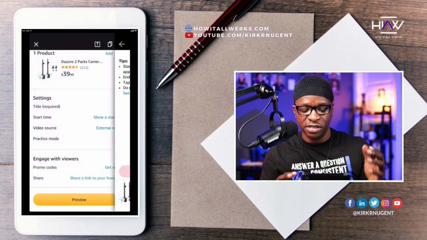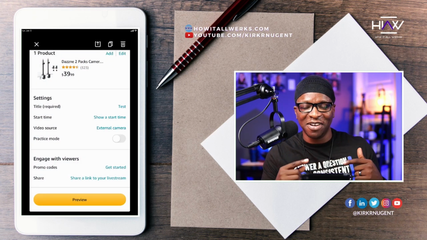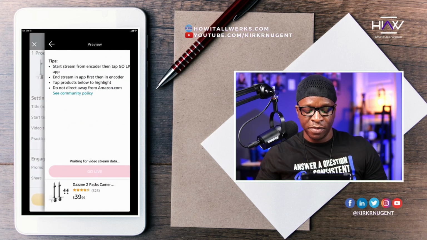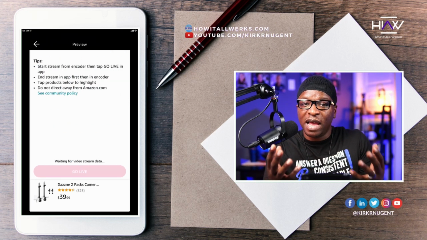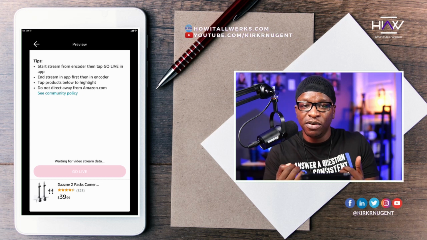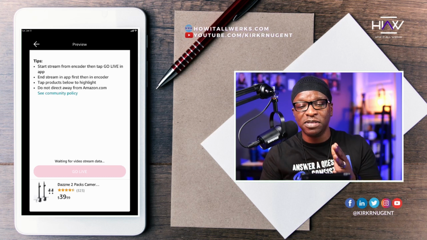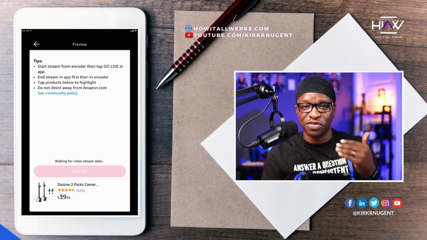And to be clear, just for clarity's sake, I want to say this one more time. When we click on preview here in the app, you're waiting for Amazon Live to receive your stream, and then you actually come back here to click go live. So this button that's grayed out, this button is where you would click to go live once Amazon has received your stream. Now that we have it all set up in the Amazon Live Creator app, let's look at RESTREAM